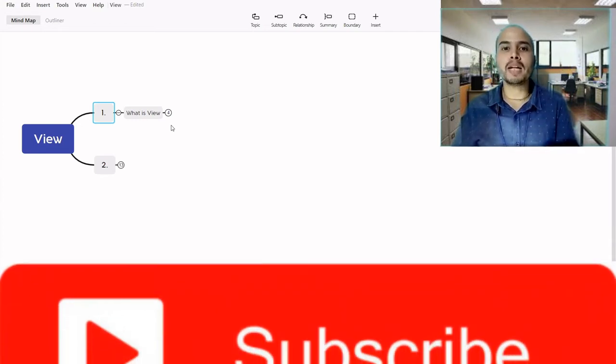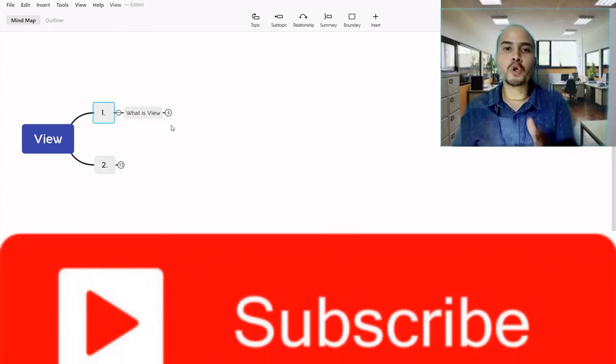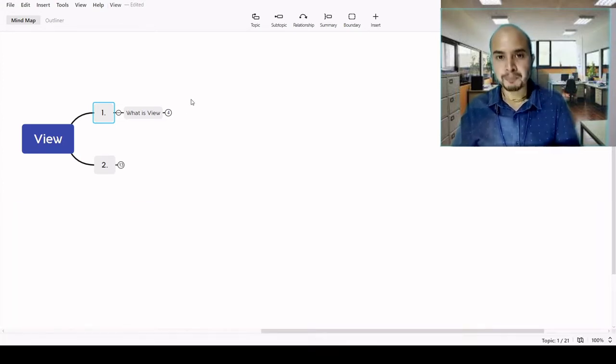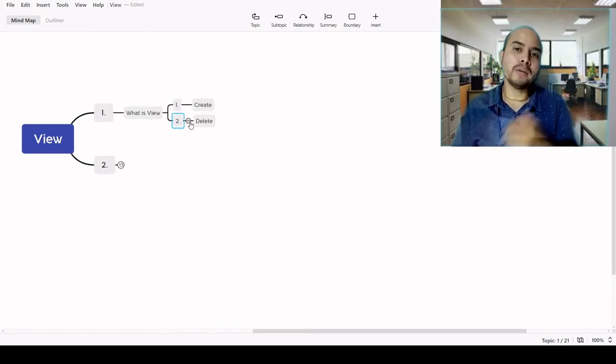Similar to a SQL table, a view name should be unique in the database. A view contains rows and columns just like a SQL table. Today we will learn how we can create views in SQL Server and how we can drop or delete them from SQL Server.